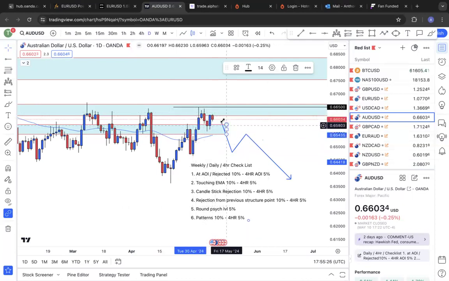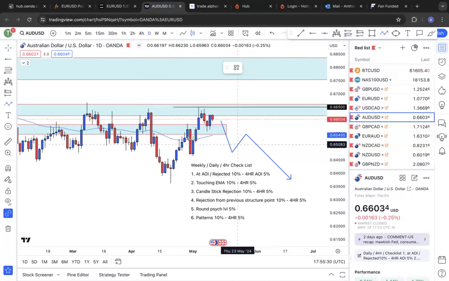Like I said, we're looking for, it came up, as you can see right here. Boom. Hit the area of interest, rejected. Broke through the area of interest, hit the next area of interest, rejected. Now it's retesting, waiting for the shift of structure, right? To send us down